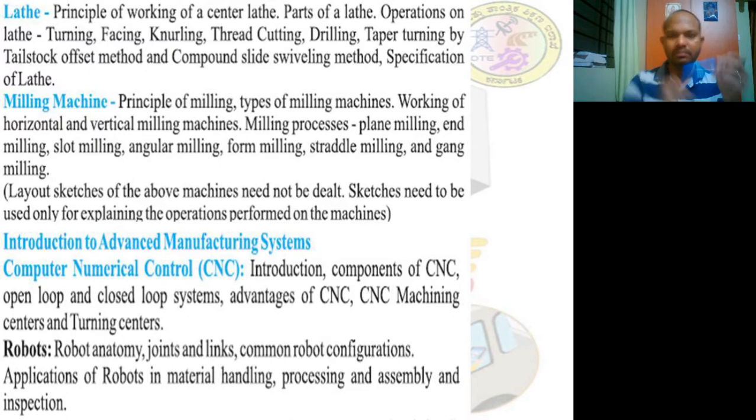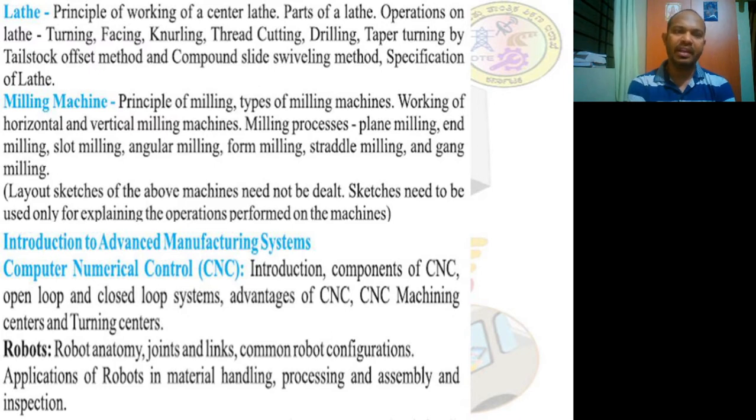Taper turning is one process wherein the diameter over here is different from the diameter over here. So it is something like a converging or a diverging section, a gradual increase in the diameter or a gradual decrease in the diameter. That is what we call taper turning. This taper turning can be performed by two methods. One is the tailstock offset method, and the other is the compound slide swiveling, the compound rest method. Two methods are used in this lathe to perform taper turning, and then specification of the lathe will also